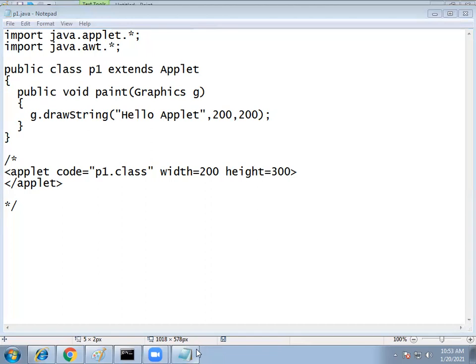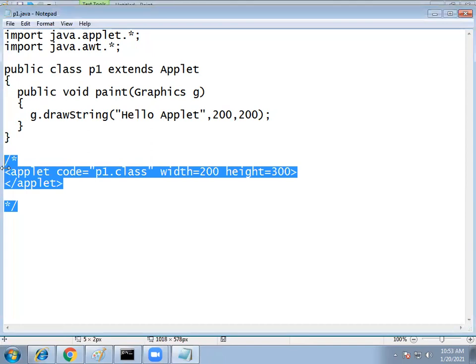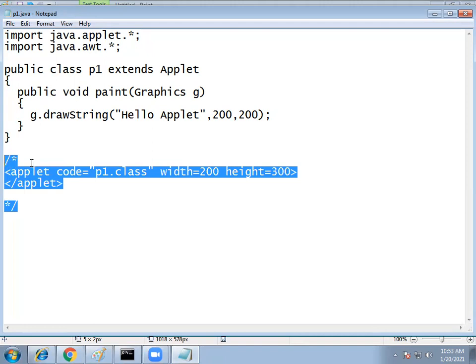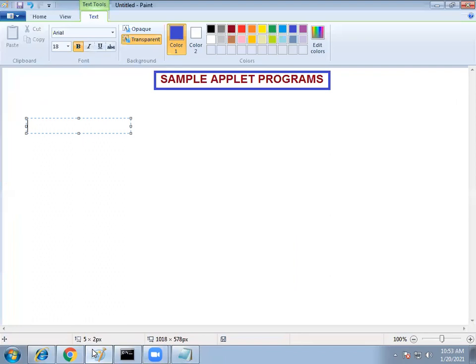Now how to run this applet program? One way is embedding the applet tag within this code. The applet tag is the highlighted code, embedded within the source code. Now how to run applets?